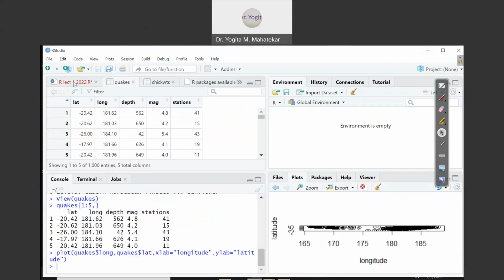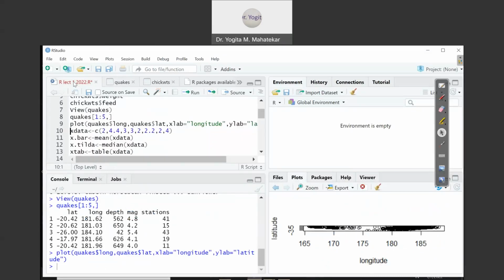Now let us see in RStudio how we can find out all these quantities very quickly. So now let's go to line number 10. Line number 10 is a numerical data we have converted in the form of a vector. So you have a list of numerical data like 2, 4.4, 3, 3, 2, 2.2, 2, 4. These are the 8 numbers which are given to us, and we are going to convert this numerical data in a list form or in the form of a row vector.